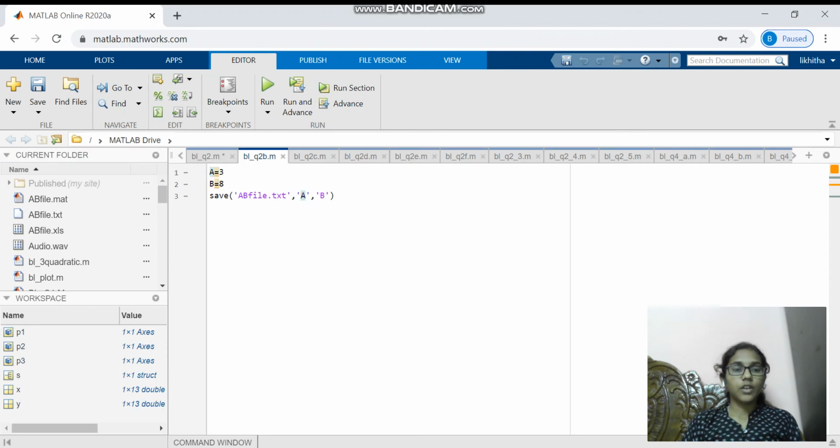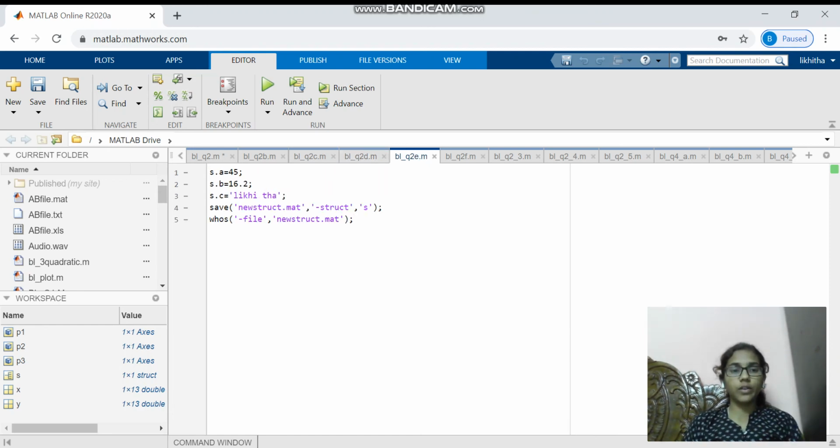Similarly, we are going to save in a .text file and a .xls file, and we are going to get the values of a and b which are stored in this file and their ASCII values by this code.